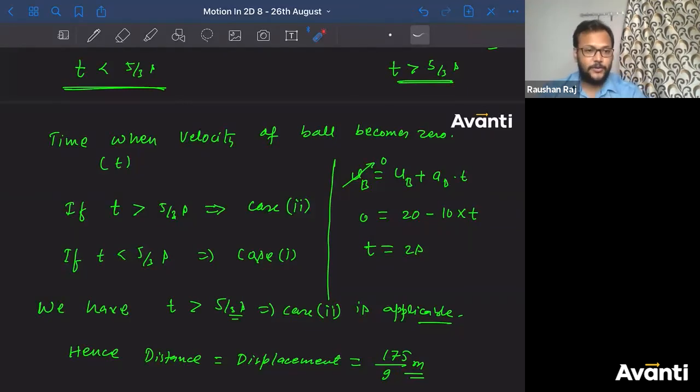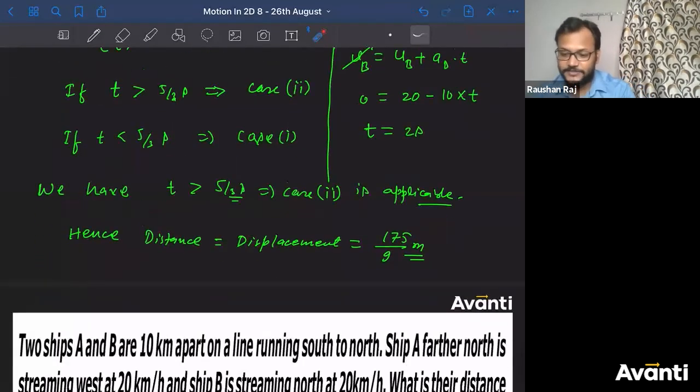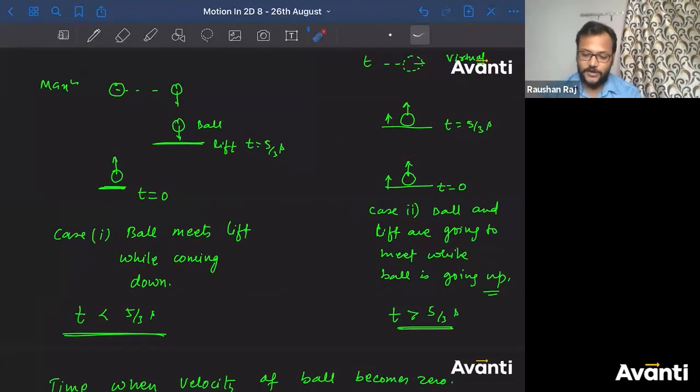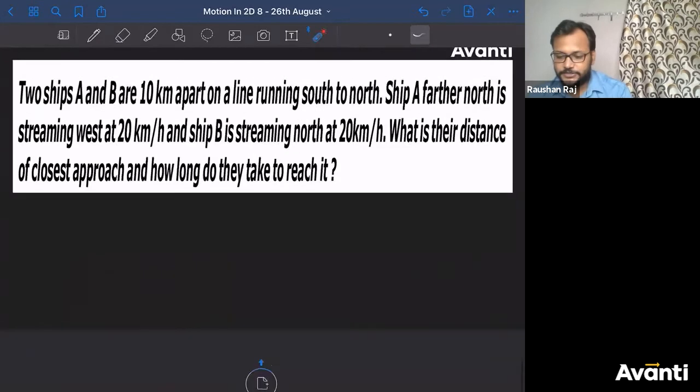So guys, you should be able to understand these things in this way. You should be able to analyze it. You should be able to imagine it. Otherwise, you will just try to find out, okay, in the formula S is equal to ut plus half at square I have to use. Sir, how will I find S? How will I find U? You'll be getting stuck in that case only. You have to think about the conditions. You have to draw some diagrams. See, when I draw the diagrams, it looks simpler. However, this is not a very good diagram. This is very rough, a messy one. But still, this will make some sense. Got my point? All right. Chaliye. So now let us move on to the next question.